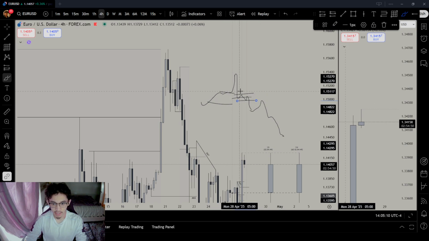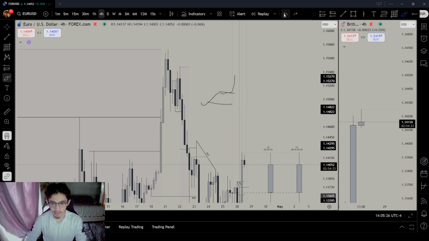What did the market do? What did the market have? An IFVG here. Simply because those leftover orders were on the wrong side of the market, not the right side of the market, by the way, right? They're on the wrong side of the market because the market was going to go to the downside, so the market reversed. And that right there is the IFVG,